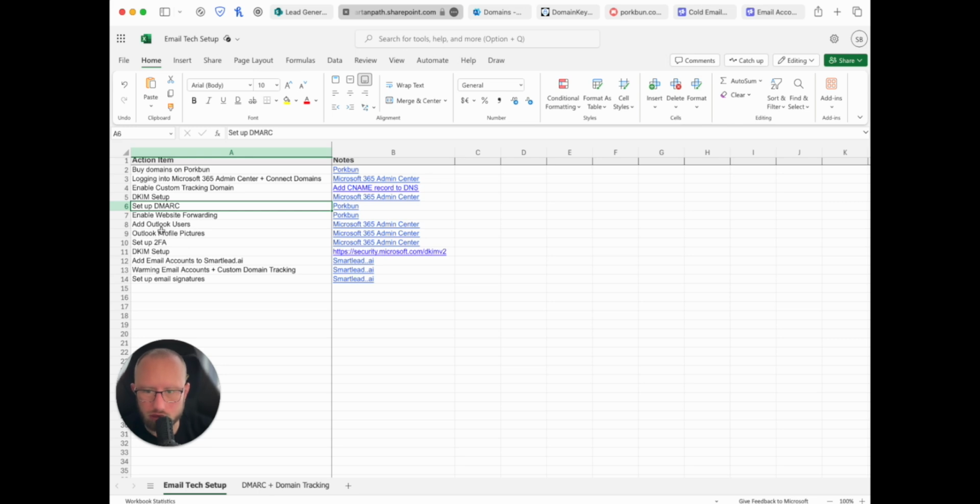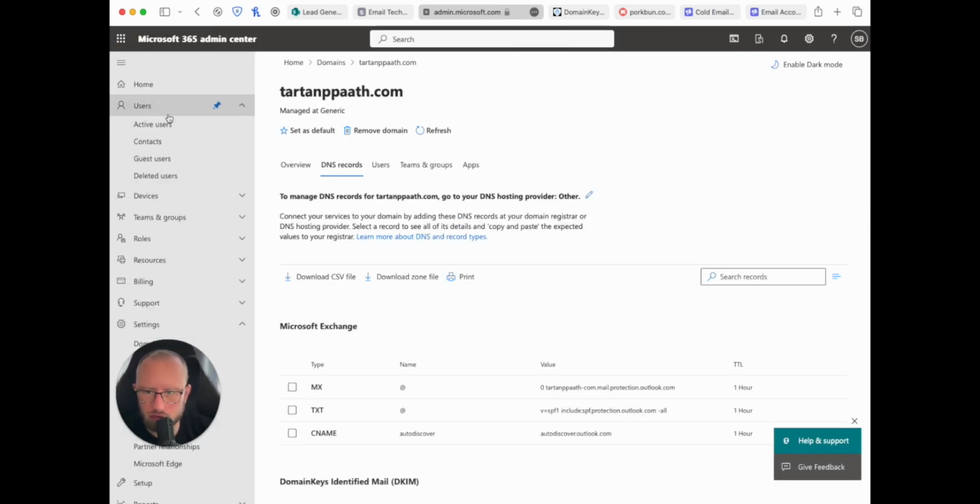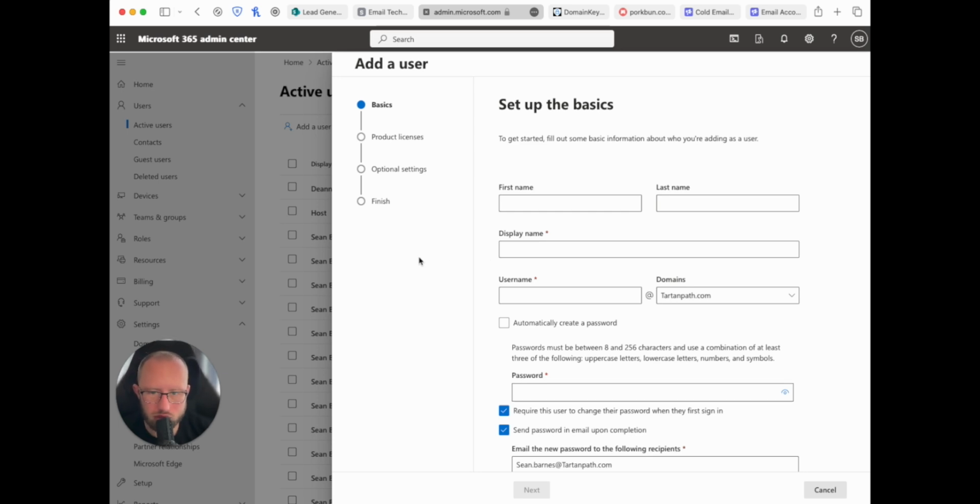So then we got to add Outlook users. We can do that pretty easily. We'll knock the next couple out because we'll be able to set up all of these Outlook users right now. So how do we do that? We go in here, we go to users, we go to active users. So the reason we're adding the accounts in here, when you're adding a user, this is essentially what you're doing here. So first name, let's say Sean, last name Barnes, display name, sure, email account, let's